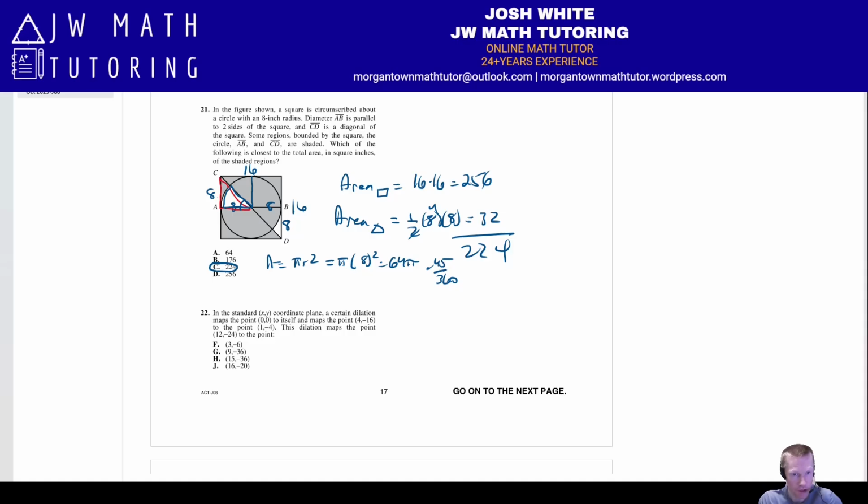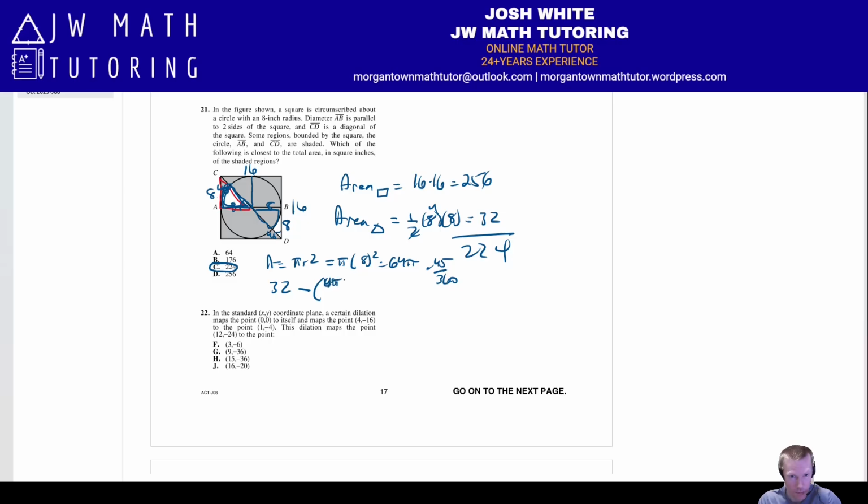And the reason is because in a square, the diagonal makes an isosceles right triangle. So therefore, this is 45, this is 45. So you could go ahead and you could do that, and that would give you just the area of this sector. Then you'd have to find the area of the triangle down here, and then subtract the area of the sector. So in other words, you'd be doing 32 minus,